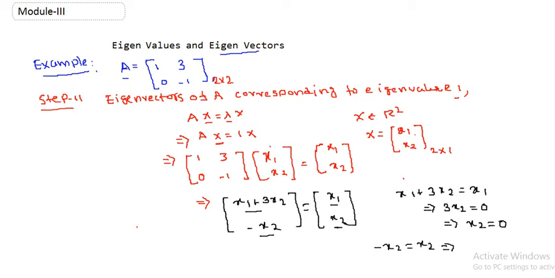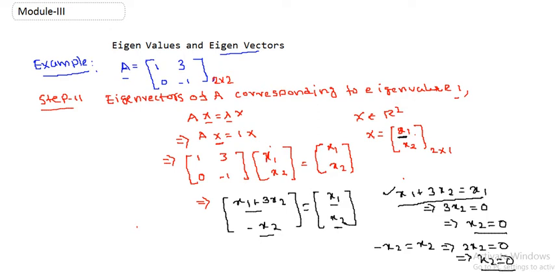So from there clearly we get 2x2 equals 0. So again we get x2 equals 0. From these two equations, the only solution is that x2 has to be equal to 0. So what about x1? x1 does not depend on the solution, so x1 may be any real number. The value of x1 is arbitrary, so it can be any real number.